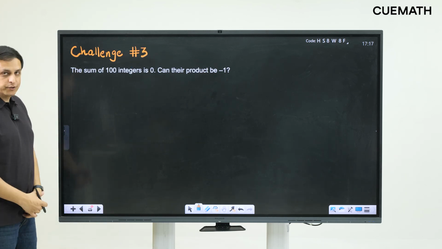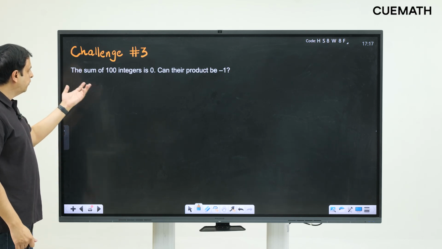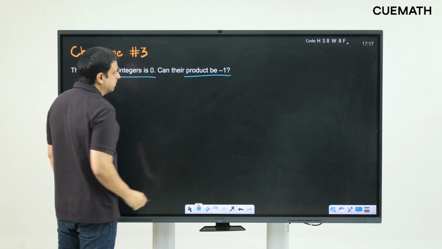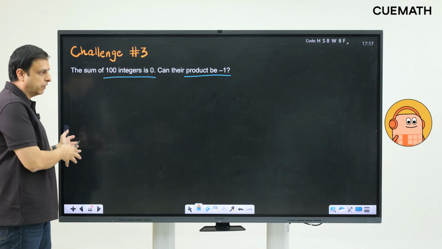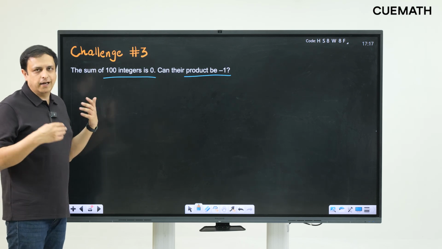Now, here's a challenge for you, one more. Challenge number 3 of this masterclass. The sum of 100 integers is 0. Can their product be minus 1? So yet again, just think about how I solved the previous problem and then solve this and share your answer